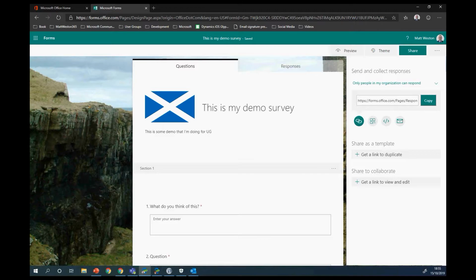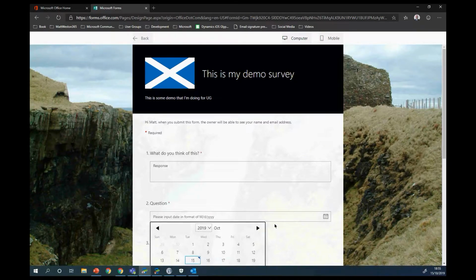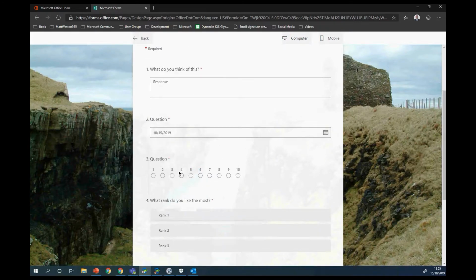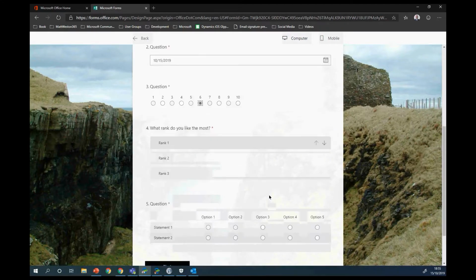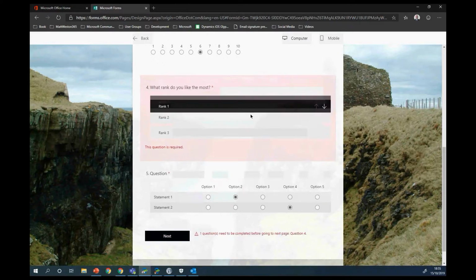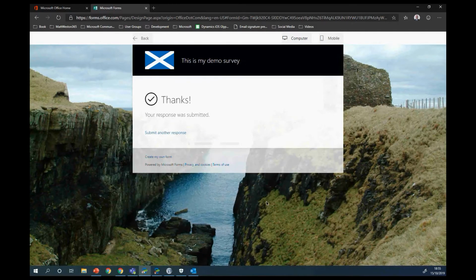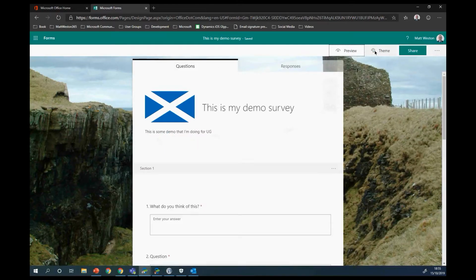So now that I've got information going out, let's quickly fill this in, and let's take some responses back, and we can see how all of that then comes back into a basic dashboard. So let's fill that in. And if I submit, now if I come to my responses tab,